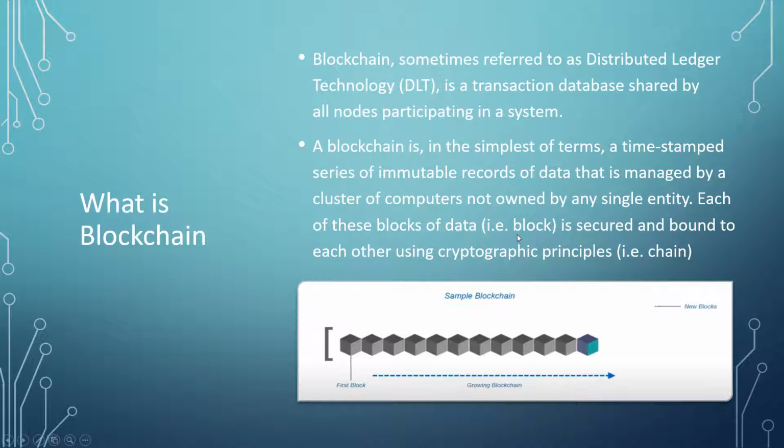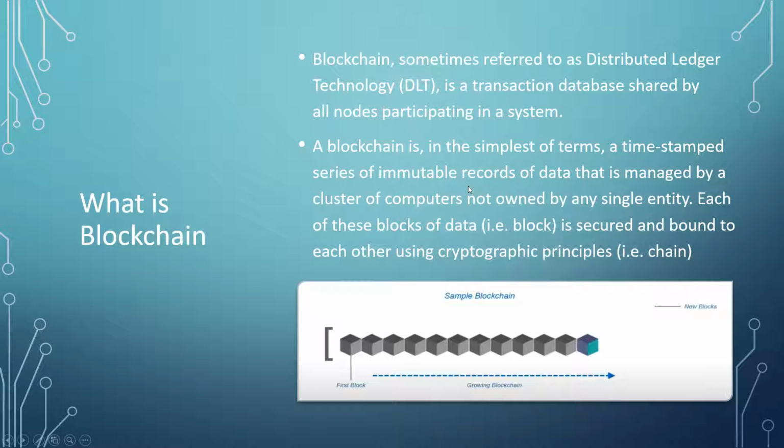Let's understand the fundamentals of blockchain. In layman terms, blockchain is a chain of blocks where each block contains some data. As we keep on adding new data blocks, this chain keeps expanding, as can be seen in the diagram. Every time a new block is created to store new data, the block gets added to the chain.